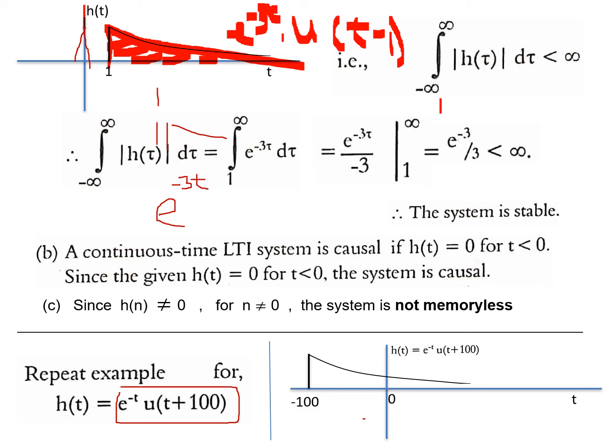Now when I integrate, the area is finite, because if I integrate the area under the graph, as t increases, the value keeps on decreasing. The total area is finite. That means this is a stable system. Okay, now the causal property. Because the signal starts well ahead of the input. The impulse is applied at t is equal to 0, but the signal starts at t is equal to minus 100, which means output appears before the input. That means this system is non-causal or anticipatory. And also you can see the signal is non-zero for t other than 0. That means the system has memory.